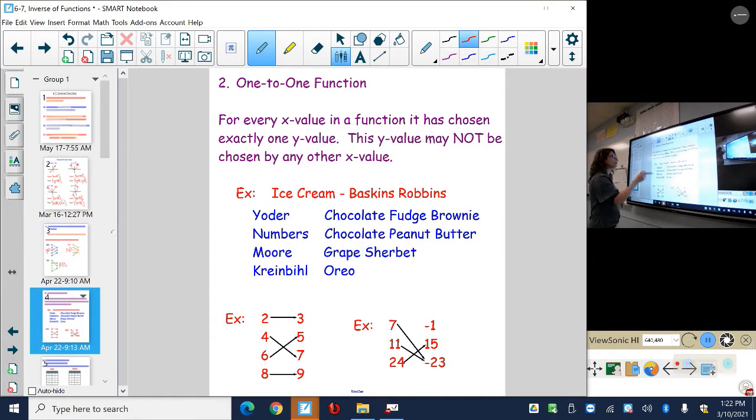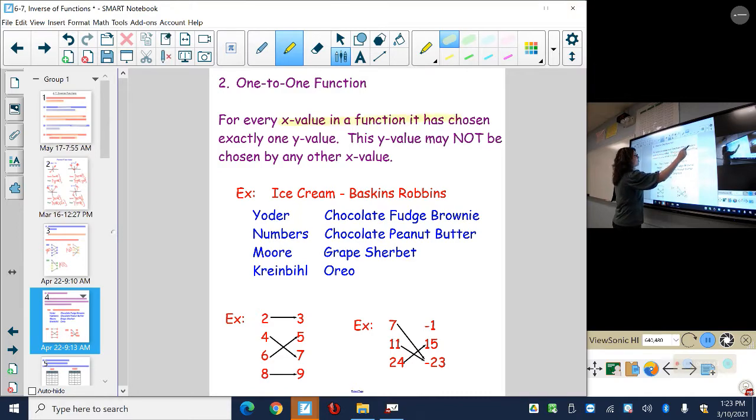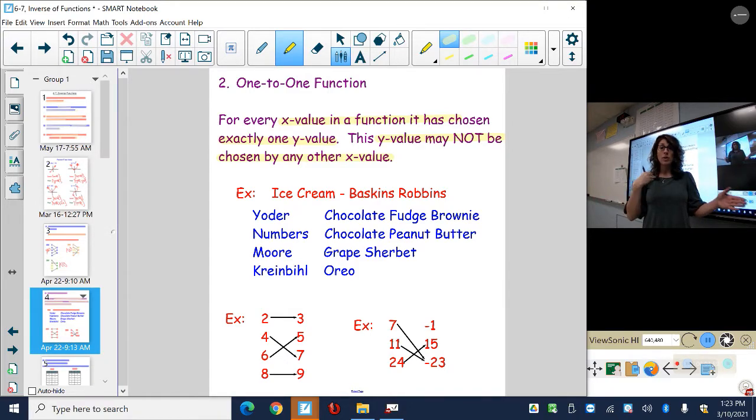And then how do you determine if it's a one-to-one function? Well, if it's a one-to-one function, what this means is every x value in the function has chosen exactly one y value, and that same y value may not be chosen by any other x value. This is what a true marriage is supposed to be. I am married to my husband, he is married to me, there's nobody else in our relationship,